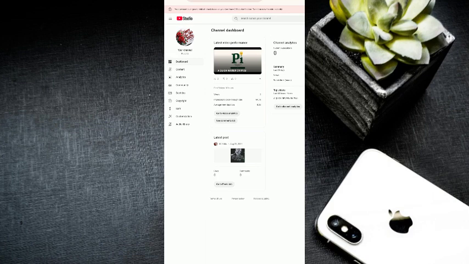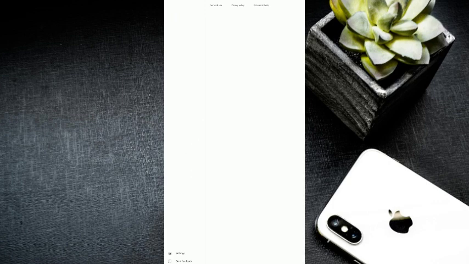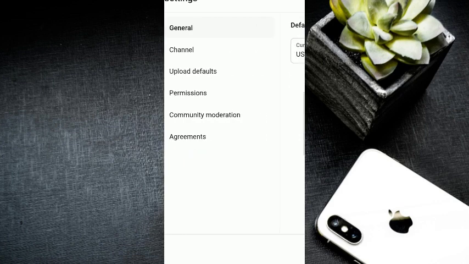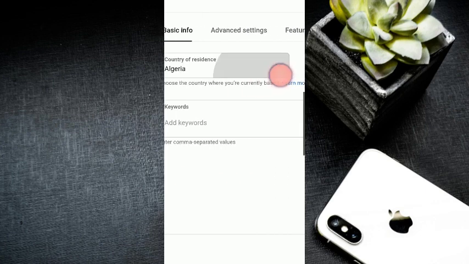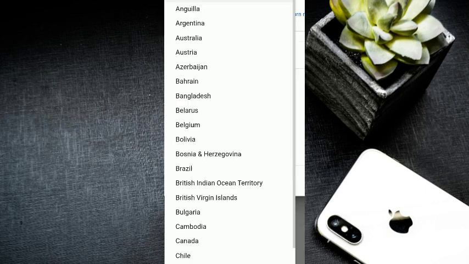Once you're signed in, then you go to your channel dashboard, exactly where we are right now, and then you scroll at the left side. You scroll all the way down till you see settings. Tap on settings. And then you can see there for general channel, so tap on channel. So once you selected channel, over here you see country of residence and keywords under basic information. So tap on keywords,